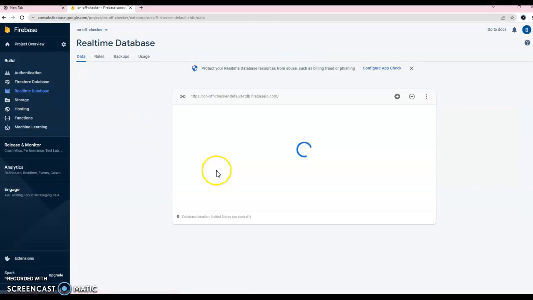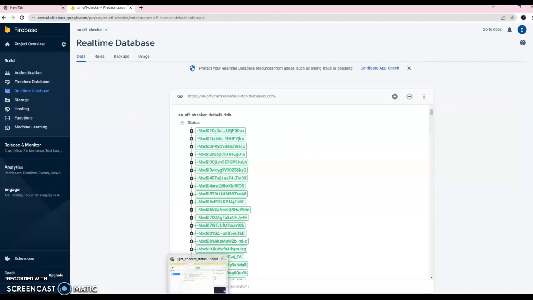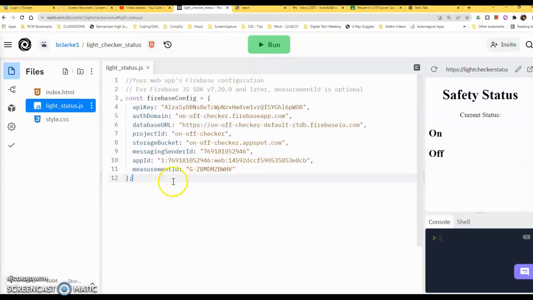My project is called the on-off checker, and that's what's going to allow me to connect to it. So we have that done, but we also need to add one more important line here underneath this, and we want to initialize Firebase. To initialize Firebase, and I put in the Z for American there, even though I won't use that, or that's what's used here. So initialize Firebase, and from our Firebase application, there's a method in there known as initializeApp, and in here we're just going to write firebaseConfig